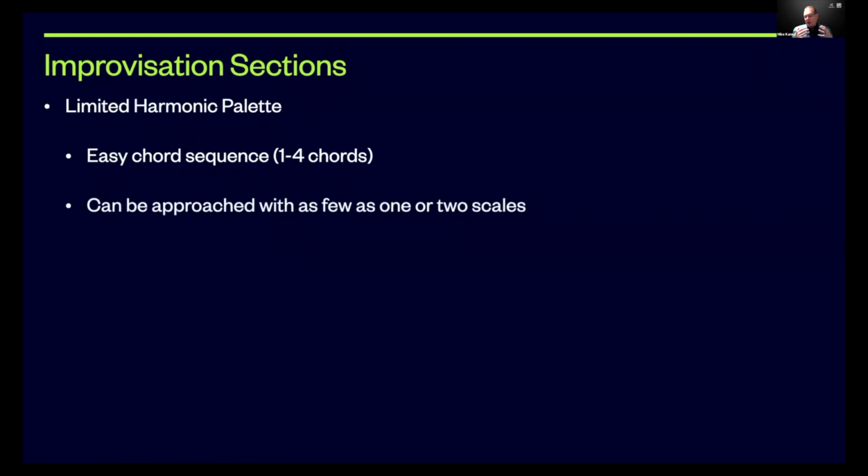Improvisation sections in these arrangements should have limited harmonic palettes. And what do I mean by that? I mean that there should be an easy chord sequence. Blues would be like the most, with 3 to 4 chords in it, depending on what's going on. But if you can find something where one scale or 2 scales can be used for the entire improvisation section, that's really what's going to get students interested in improvising. If they have to learn a whole bunch of chords and scales all at once,